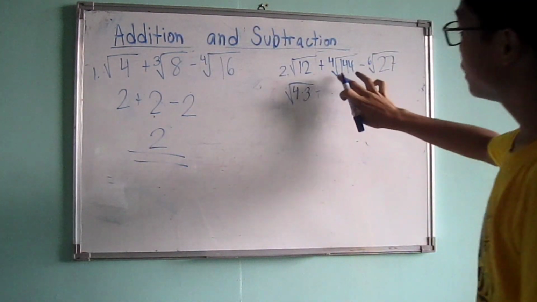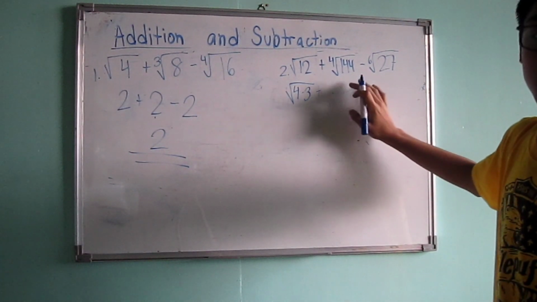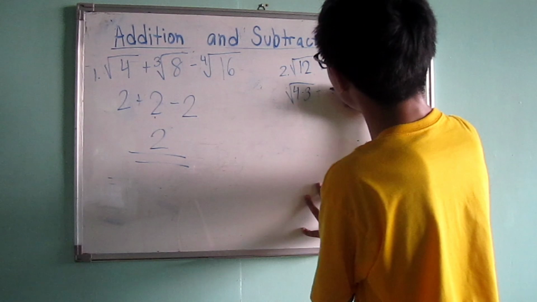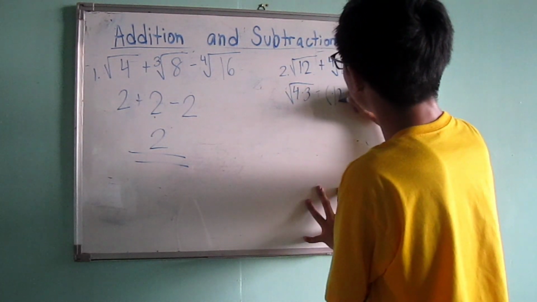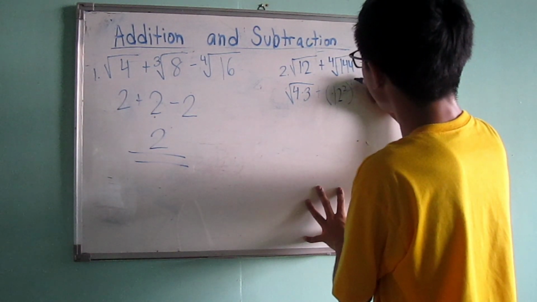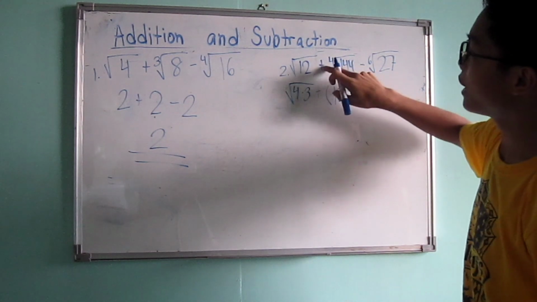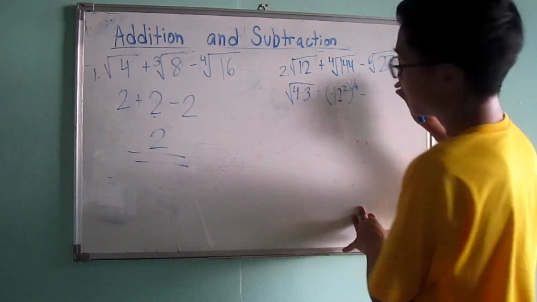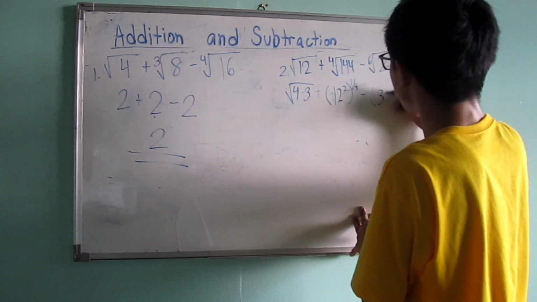Then this kind of radical expression, you need to change it into exponential form. So it becomes square root of this is 12 squared, 1 over 4. There's an invisible 1 in here and the index 4, minus, change this into exponential form, this becomes 3